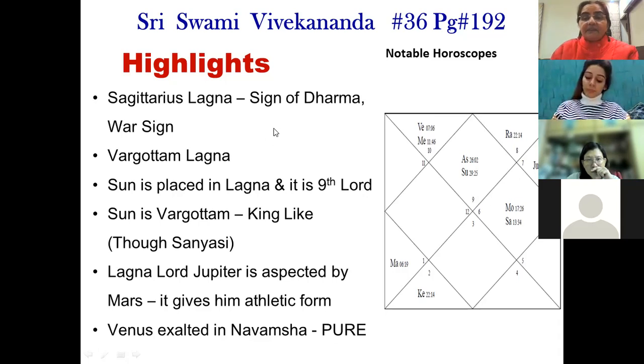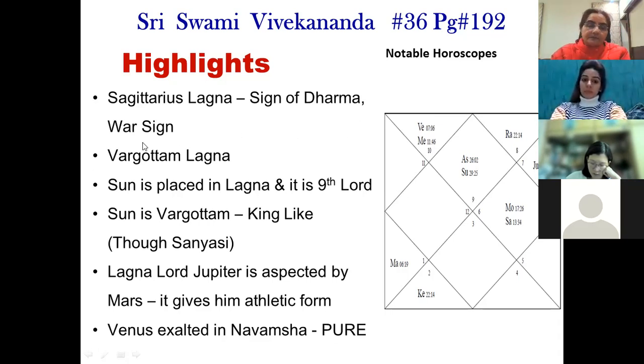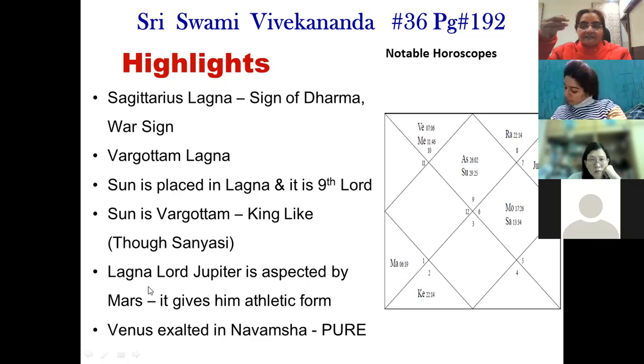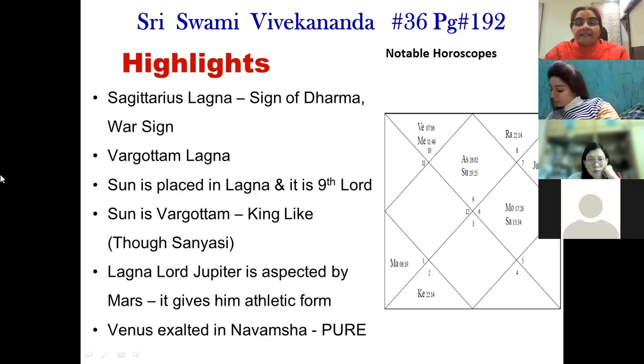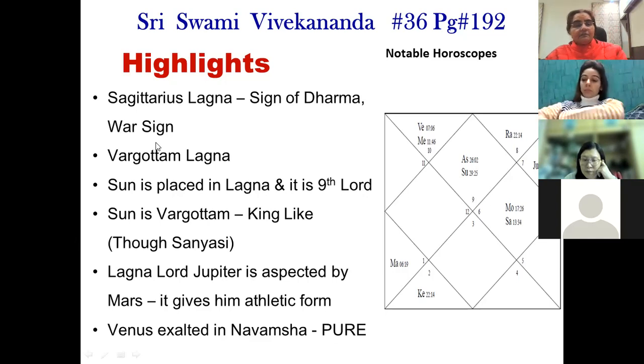As we studied the same thing in Hitler's chart. Hitler had 3 planets in Sagittarius, which was his third house. Remember, Moon and Ketu were there. That time also we mentioned the war sign. We are all in the beginning of astrology, in class 1 only. So at least by reading these things again and again, we understand Sagittarius is a sign of Dharma, Sagittarius is a sign of war. These things should go into our mind.